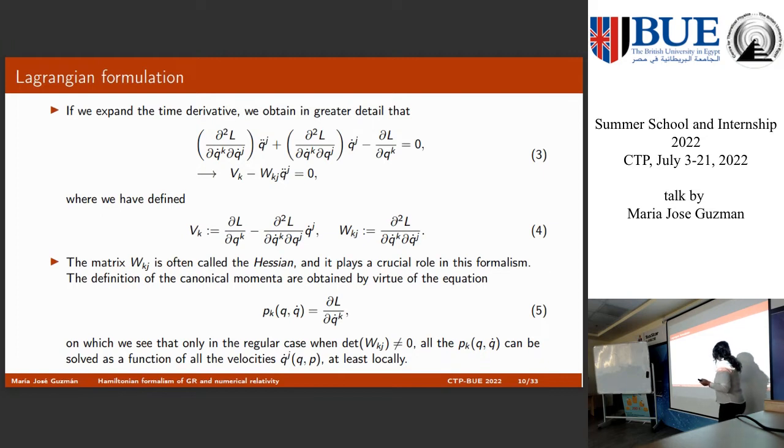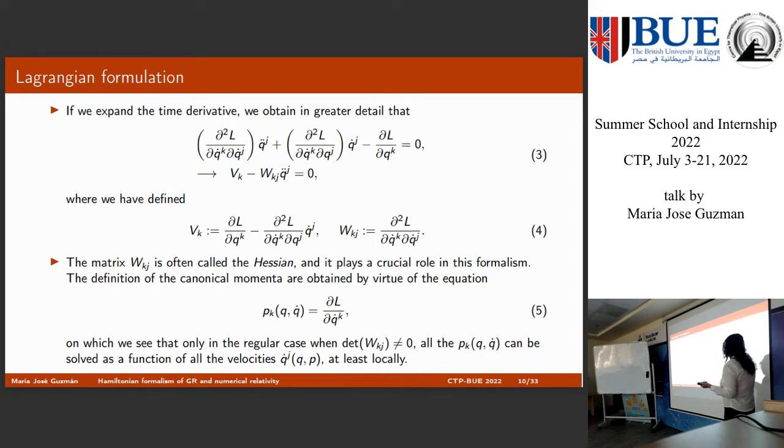It contains the kinematics of a system. It's very important, and in any theory that does not have constraints, this is an invertible matrix. And this is where my Lagrangian formulation finishes, because now I can just go to the Hamiltonian